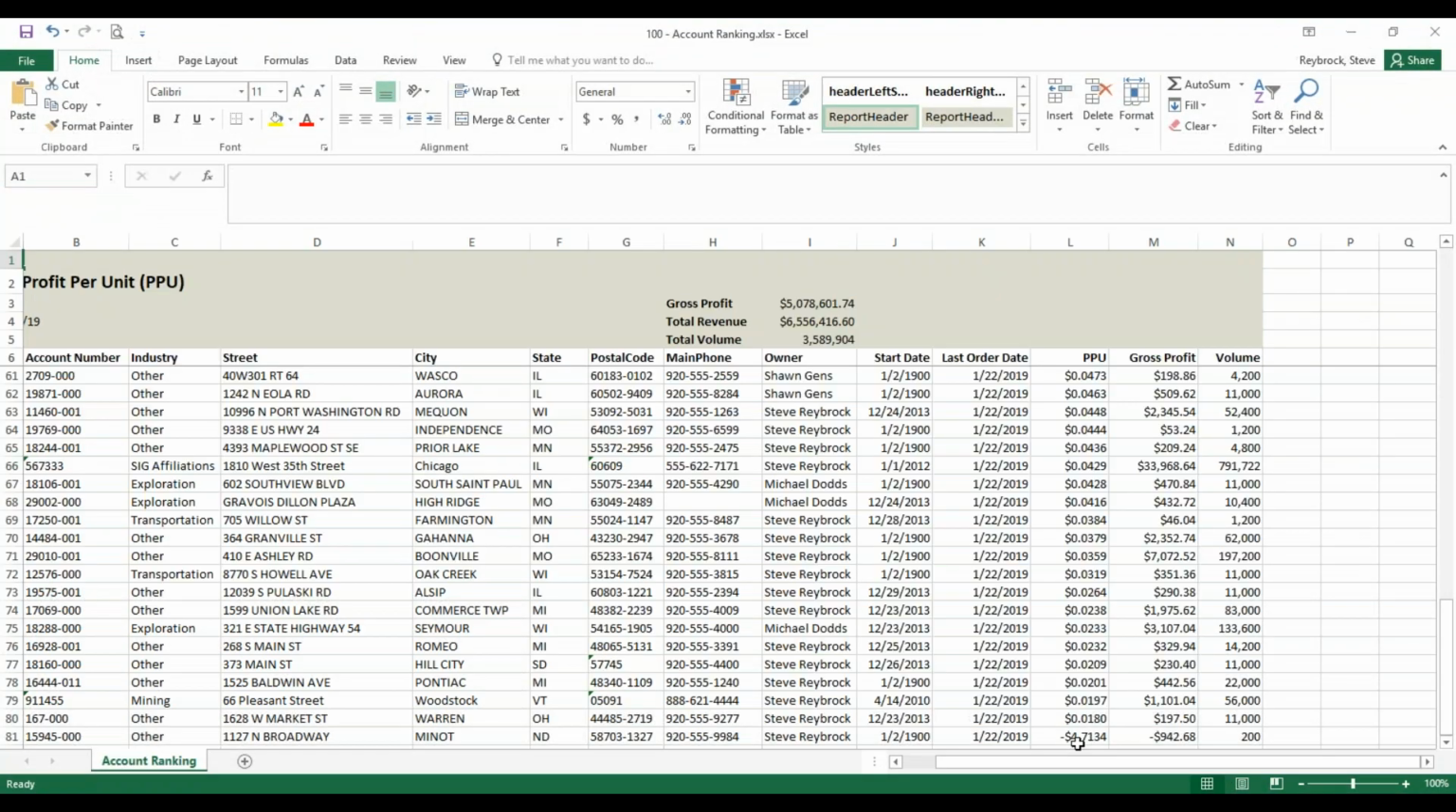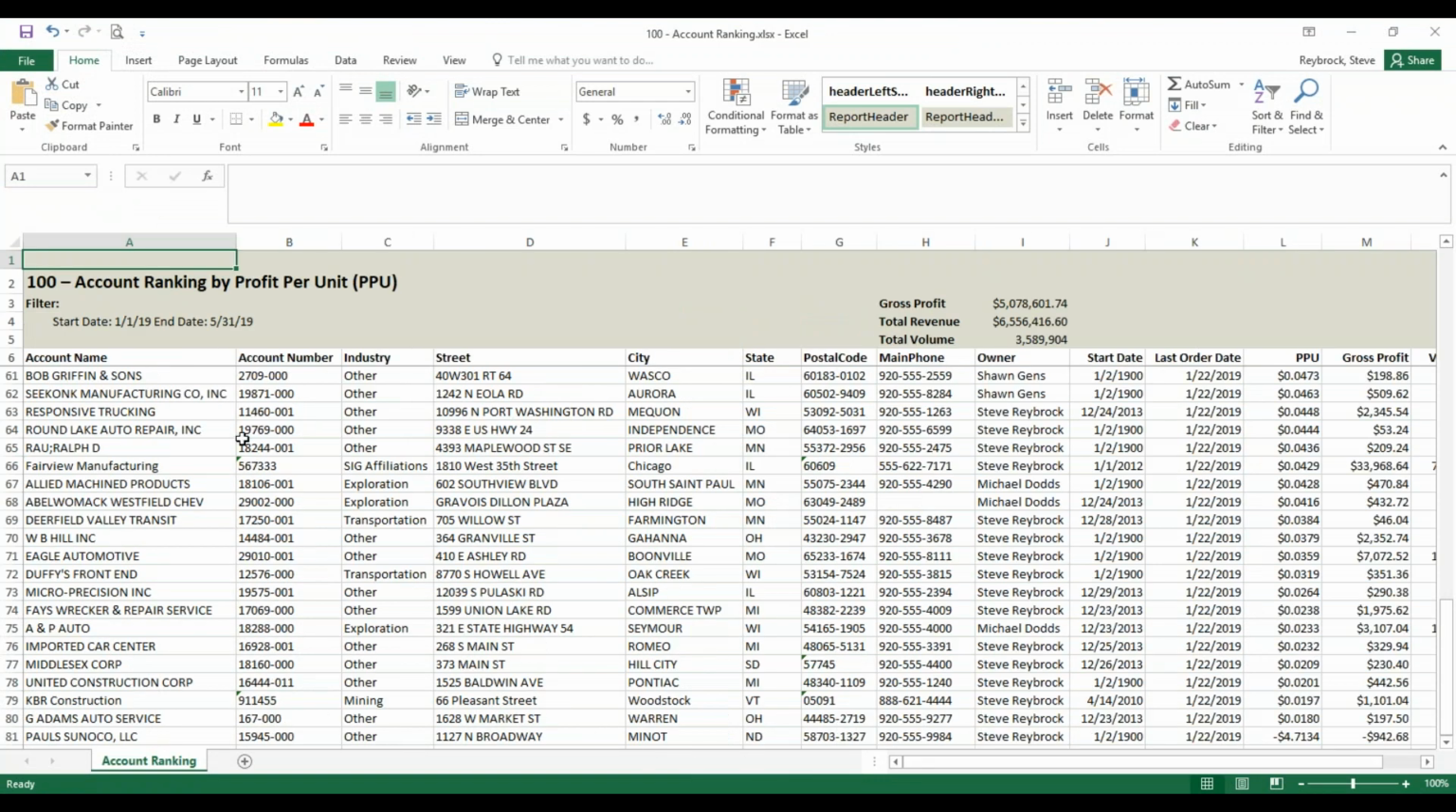We'll do this kind of quick. So here is, if I scroll over, that first report, the account ranking report. In this particular case, I picked a range of dates, and I'm analyzing all my data within that range. I didn't filter on share a wallet or anything, so this is everything. And I told it to rank my accounts by profit per unit, which is